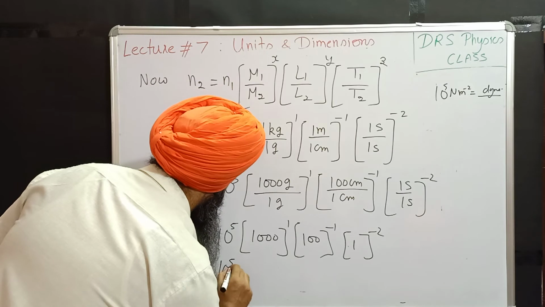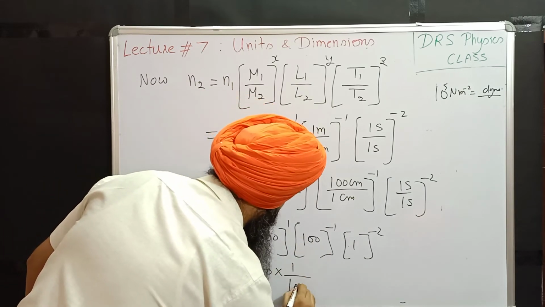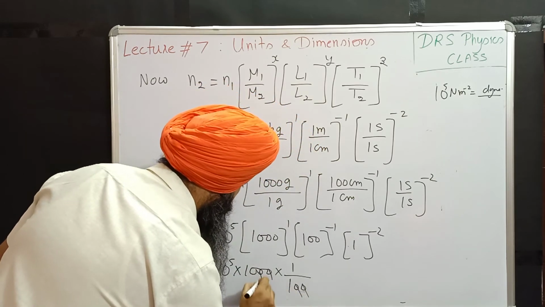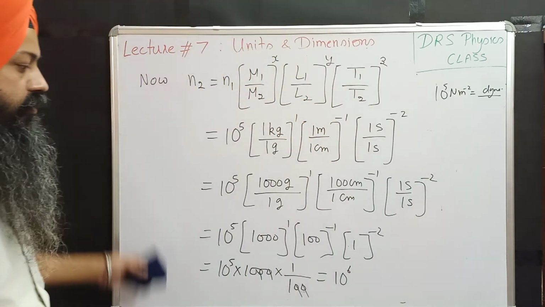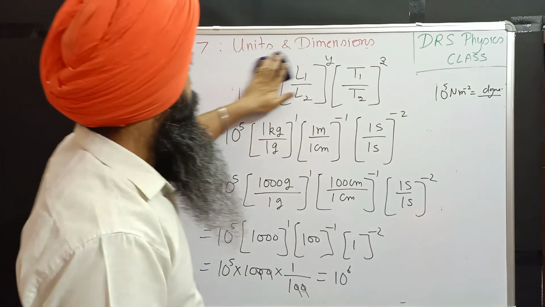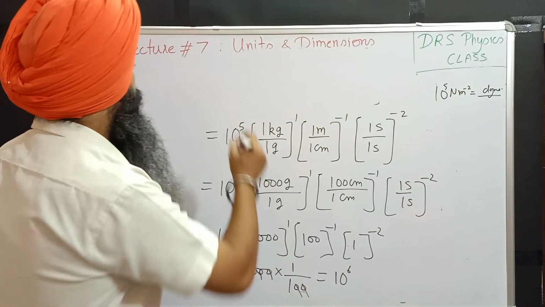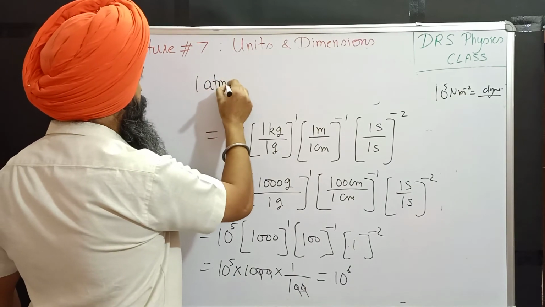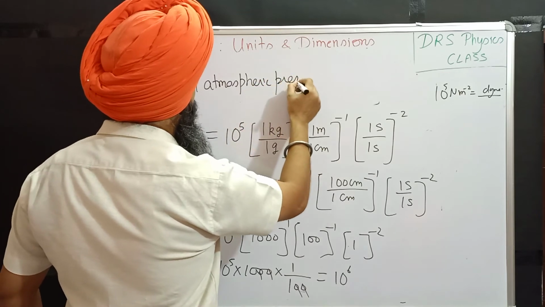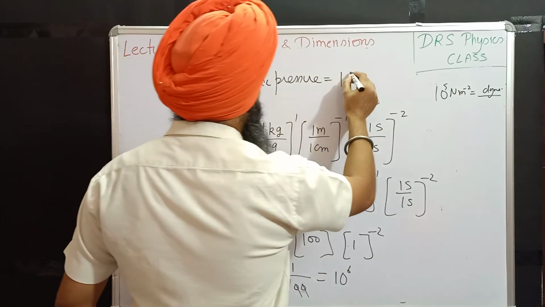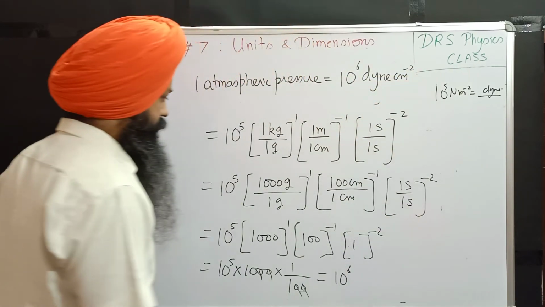So we see that 1000 power 1, and we have to write the inverse of this 100, 1 upon 100. So cancelling here, we get 10 to the power 6. So we have found this relation that 1 atmospheric pressure is equal to 10 to the power 6 dyne per centimeter square,